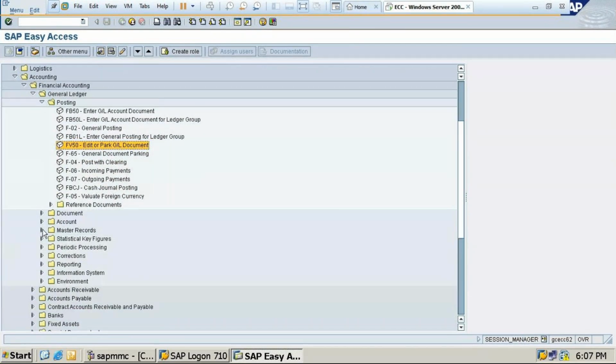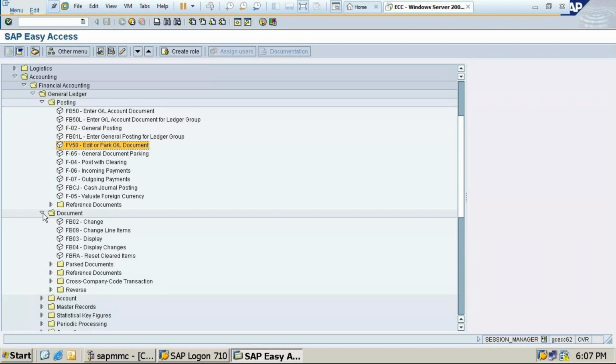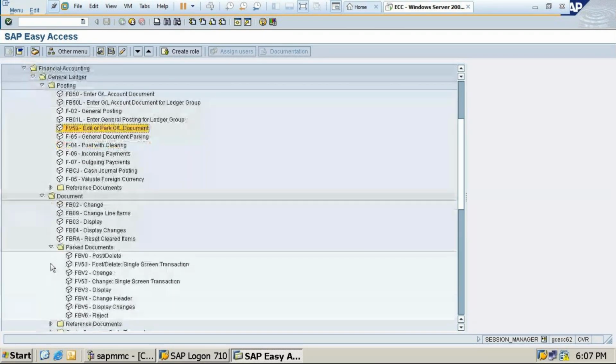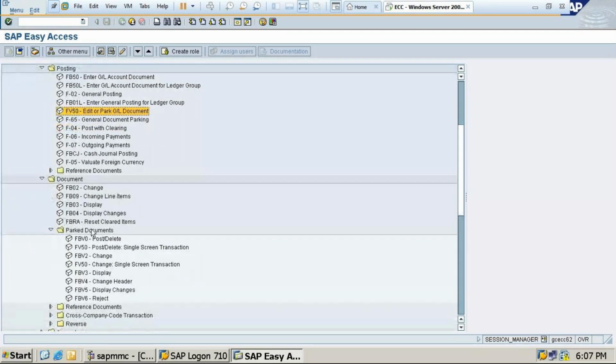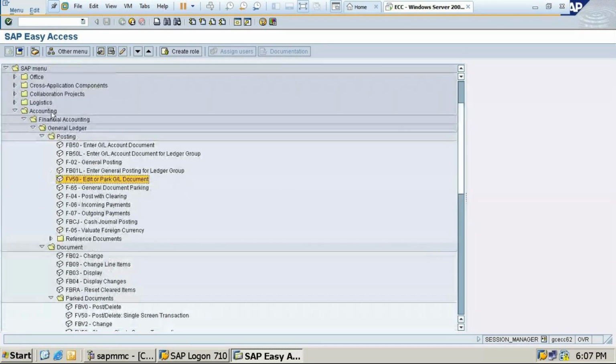Master records, we have to do one second. Document, park document, yes. So here we can see document, then park document. Students, you can write the path: SAP Easy Access, then accounting, then financial accounting, general ledger.